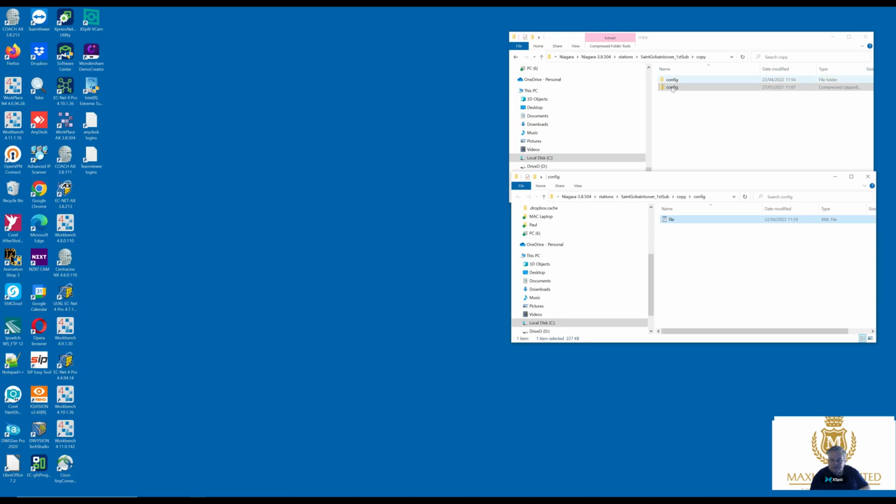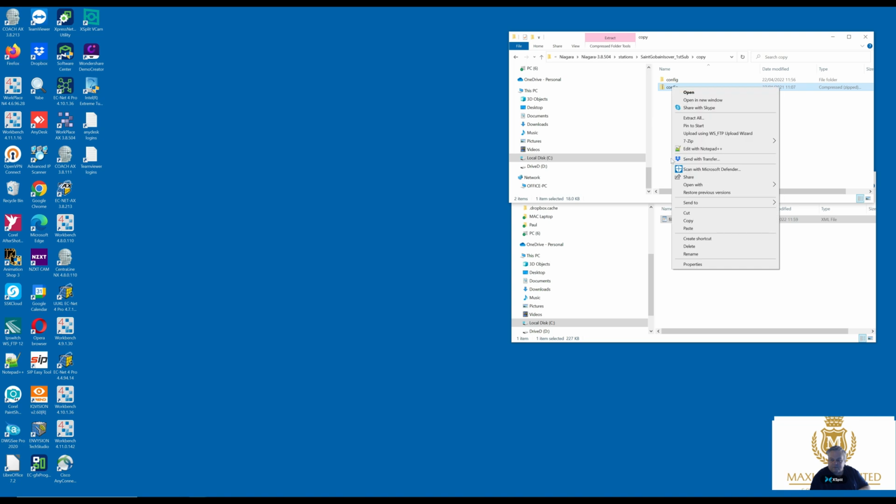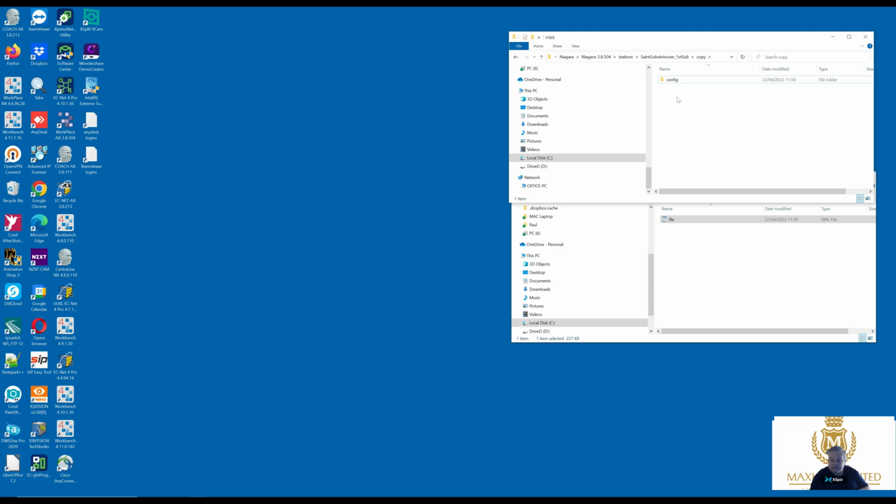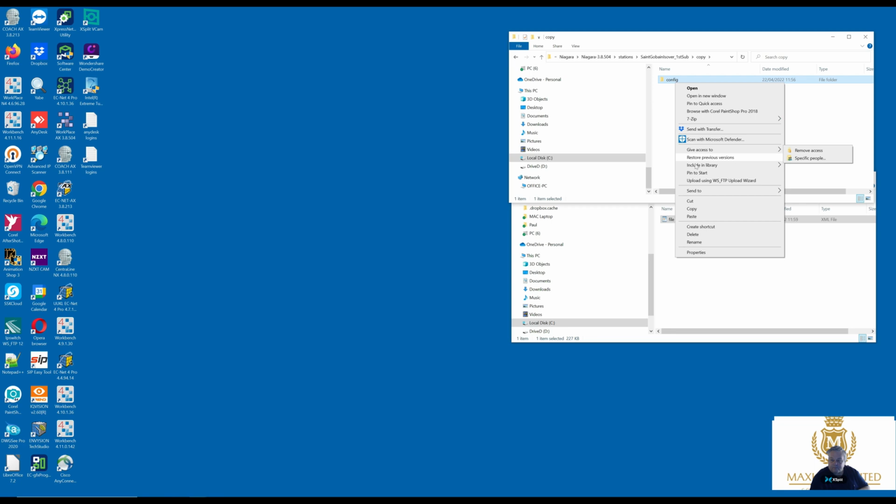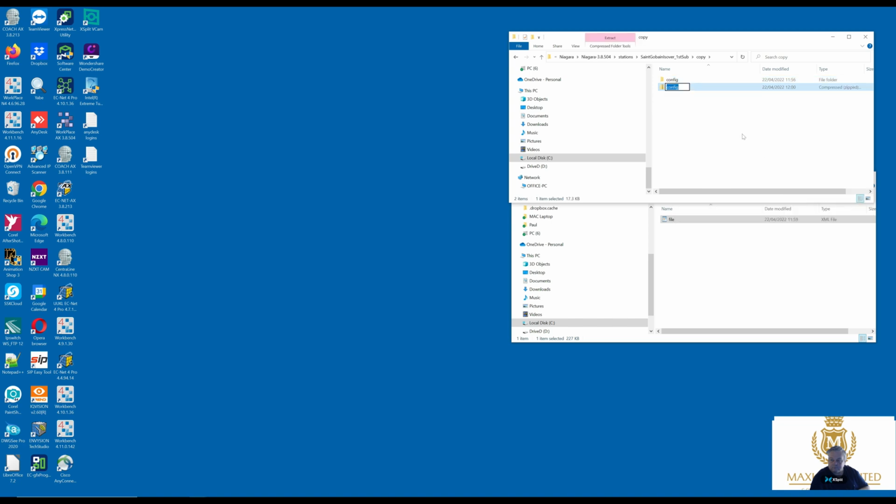Right, delete that zip file there, because I'm going to re-zip the other one back up again. Zip that one back up again. And then I need to rename that to a BOG file. There's probably an easier way of doing it, but I just use FTP. So we're in